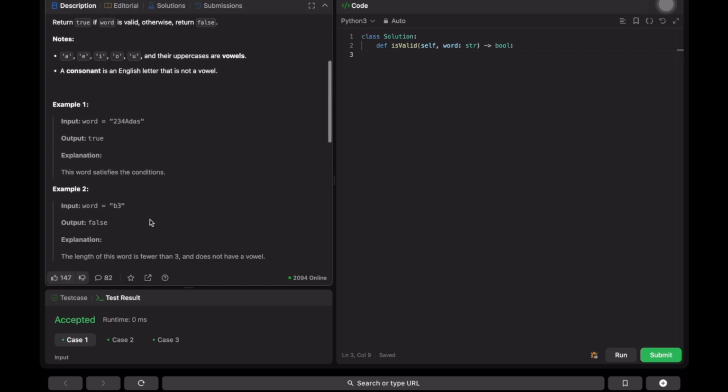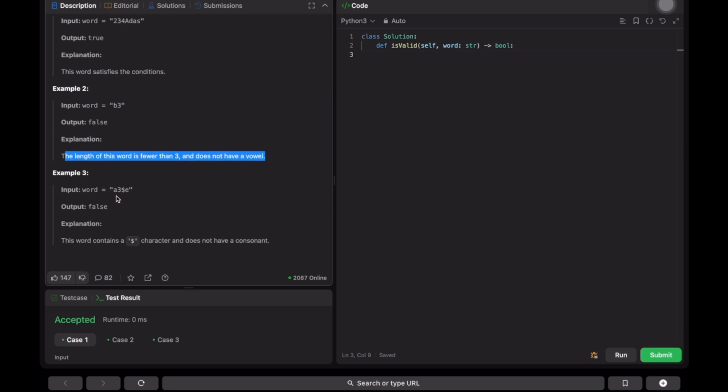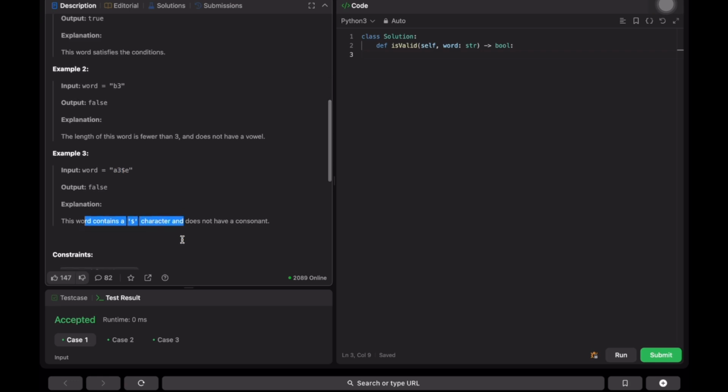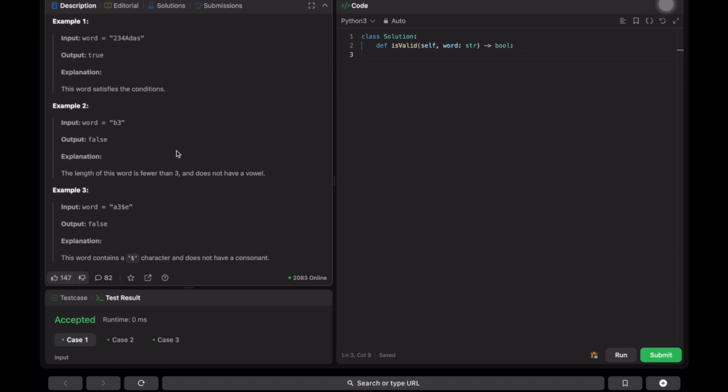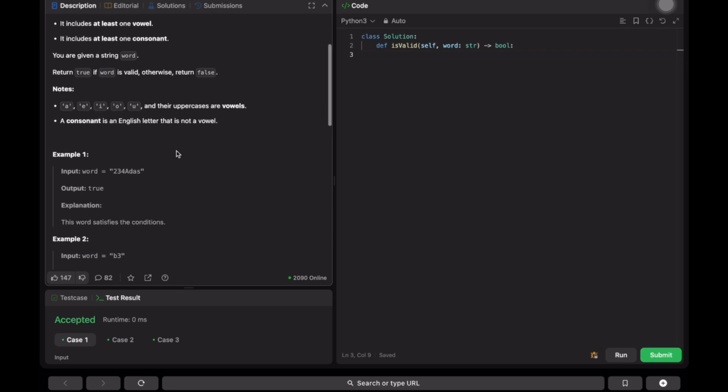There is no vowel, and it is fewer than 3 characters. Then here, A3$E. Here we have a vowel and a digit, but it doesn't have a consonant, as well as it contains an invalid character, hash and dollar. I hope this example itself is good enough to give an understanding.